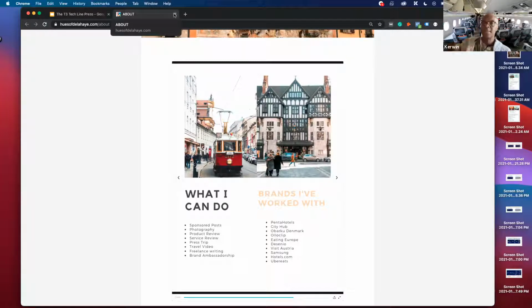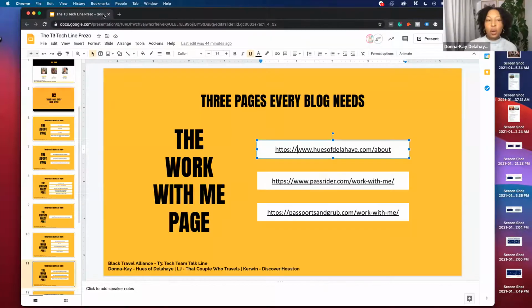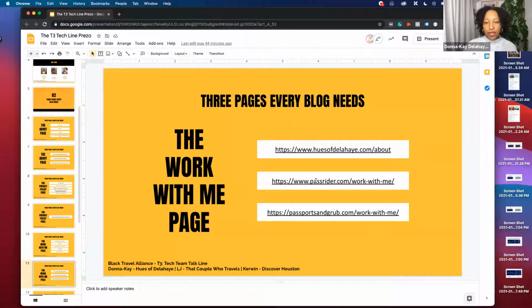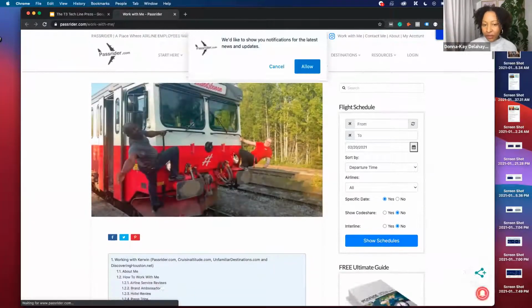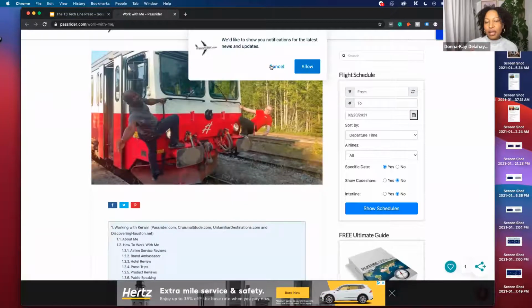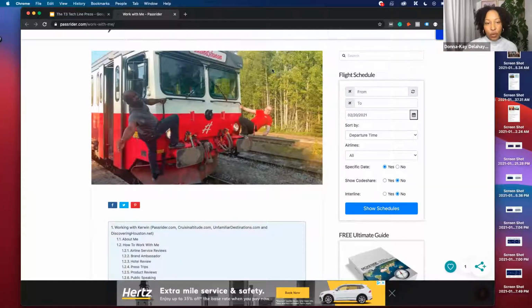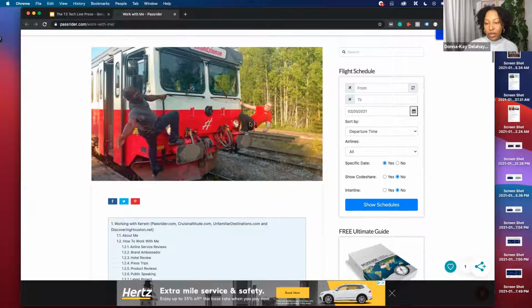Some people put their rates out there. I didn't include an example, but there's another blog in the UK that has their rates, and I've seen some of our members actually have their rates in. But you don't have to put your rates. And your rates can change based on the actual project. Is it per hour or per the length of the project? Is it video? Is it written? All these things will be very different. So that's something that can always be negotiated between yourself and the brand, or the PR company that you're going to be pitching to.